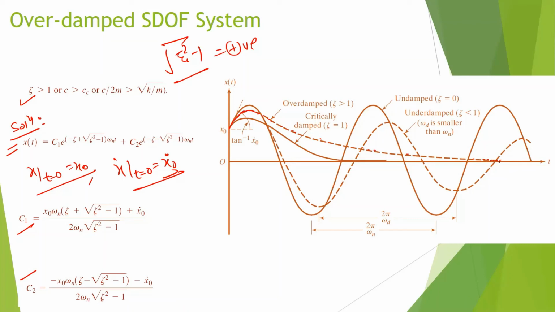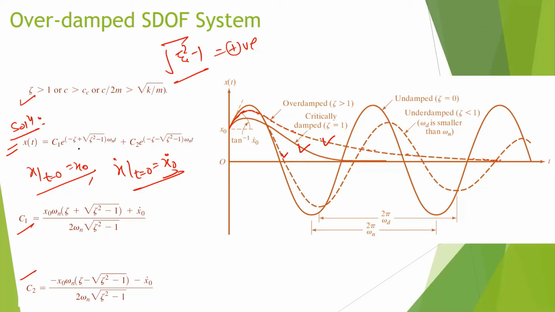So among these three, we can say only the underdamped system gives periodic motion. In the study of vibration, the underdamped case is very important because this is the only case that leads to oscillatory motion. So this is how you can represent the response of critically damped. This is for critically damped, this is for overdamped, and this is for underdamped case, right?